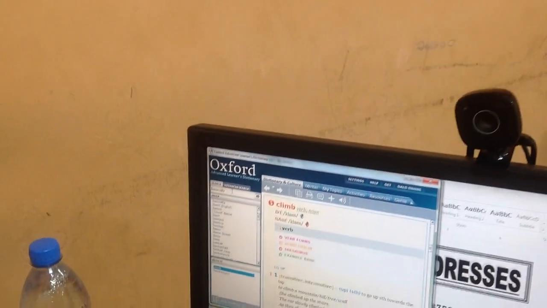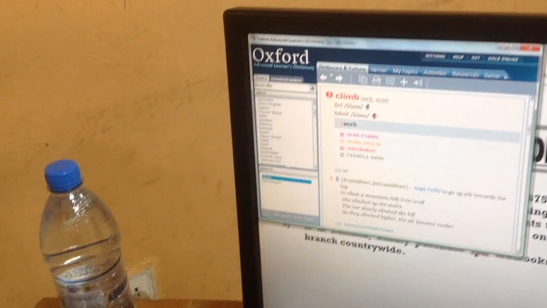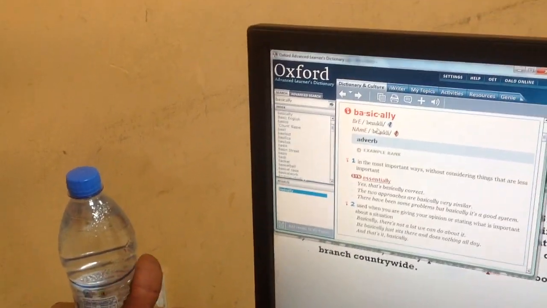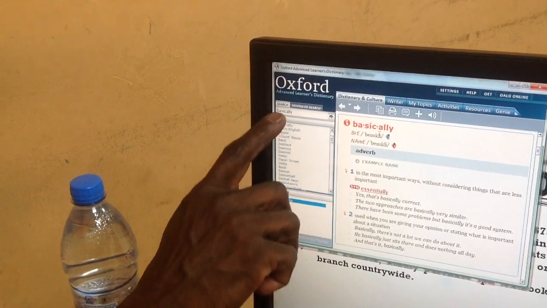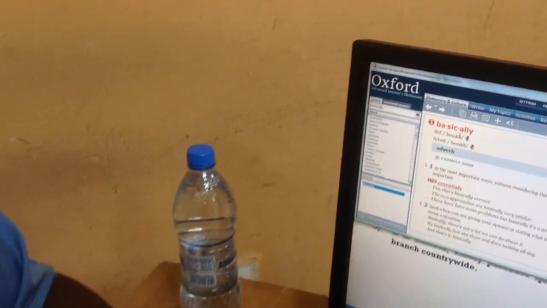There is this one, which is easily misused by many people. They say basically or basically. First of all, the sound is wrong. It's not basic, it's basic. Then it's not kali, it's kli. So this one would give us basically. Hear the sound. That's it. There's no basically. All the C-A-L-L-Y should give us a clear sound in both variants of English: received pronunciation in the UK and standard General American.